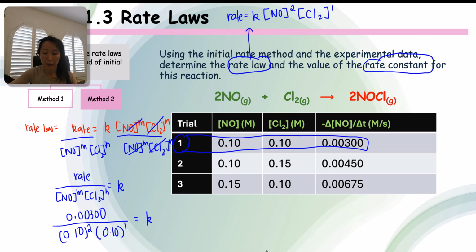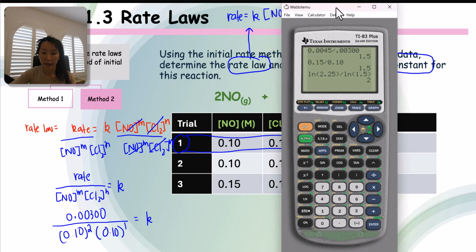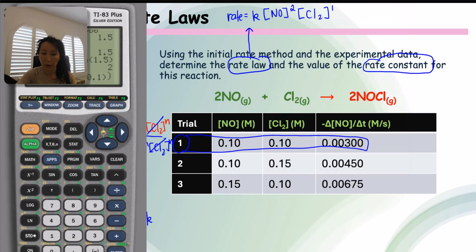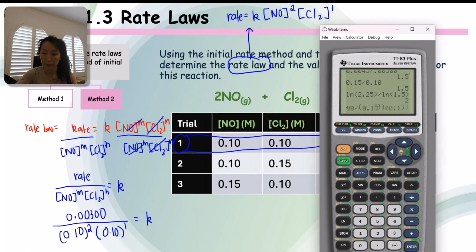So let's punch that into our calculator. We'll enter 0.00300 divided by 0.1 to the second power, and the bottom part also has the first power, which is just 0.1. We're going to double parenthesize this so that the whole thing goes on the bottom. Okay, I double parenthesized it and then hit enter. So we know the constant is